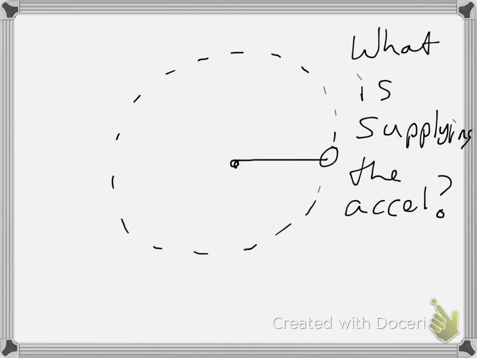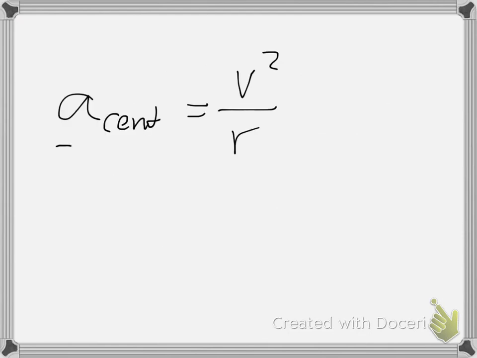Well, it turns out that if you analyze the situation very carefully, the direction of the ball's motion, and in fact the magnitude of its motion, everything about the motion of the ball is directly related to the string or rope or whatever the case may be. The acceleration is directly related to the string, and in fact, because we've now defined this idea of centripetal